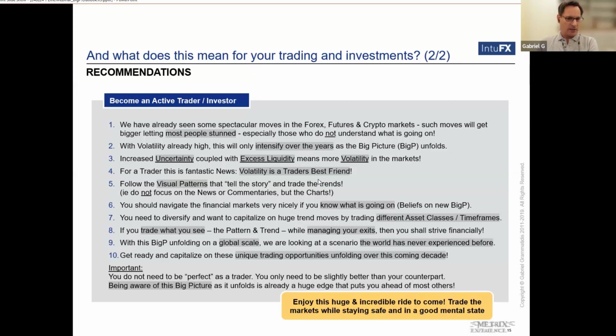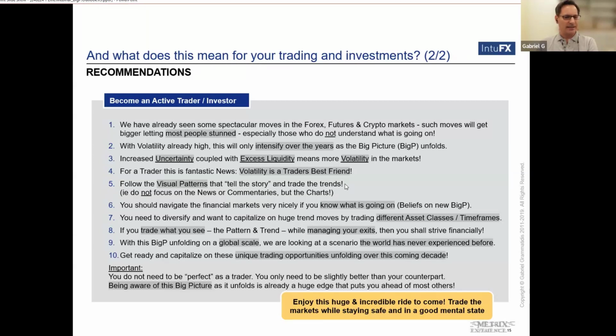Now, my recommendation is you don't want to get sucked into negative news, right? Reading the papers, everybody's saying something different, everybody's confused. If you focus on the charts, I only look at the charts and the patterns. I think about fundamentals as far as the outlook is concerned, but during the year I basically look at the charts and visual patterns, because the patterns tell the story. And during these times of bubbles, trade the trend, never counter trend, right? A trend could go much, much higher than you would ever have thought.